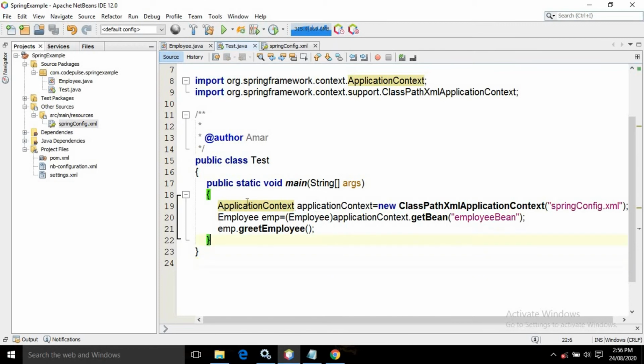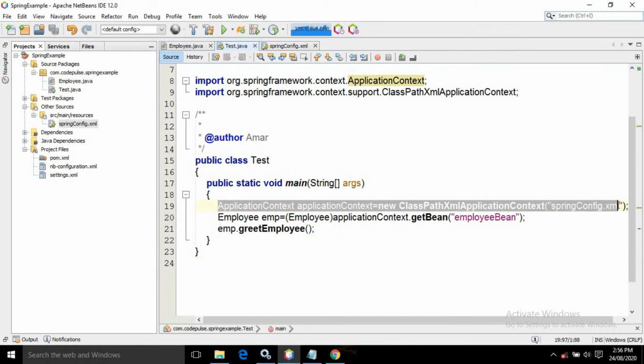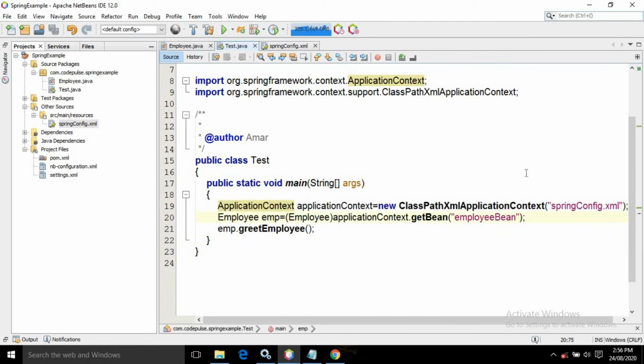After that, by using the getBean method of the ApplicationContext interface, I am searching for a bean named employeeBean in the Spring configuration file.